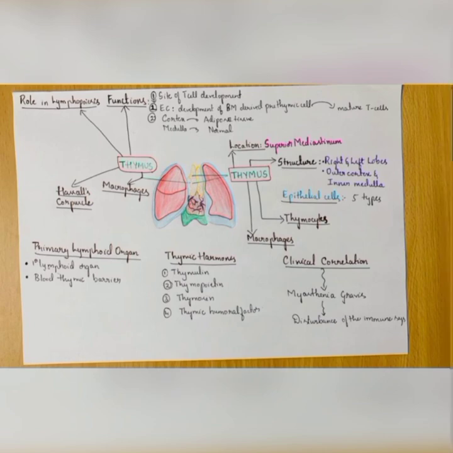Thymus as a primary lymphoid organ. Now the question is, why don't thymocytes develop into large lymphocytes or plasma cells? And we know that they also do not form lymphatic nodules. The answer is the presence of the blood thymic barrier. This restricts the contact of lymphocytes with foreign antigen. This is the reason why thymocytes do not develop into large lymphocytes or plasma cells, and they also do not form lymphatic nodules.